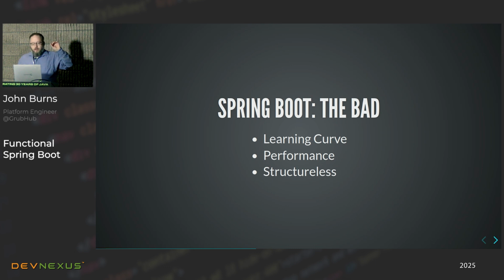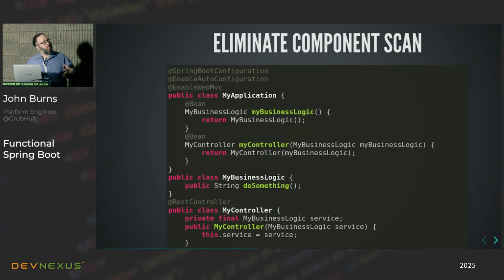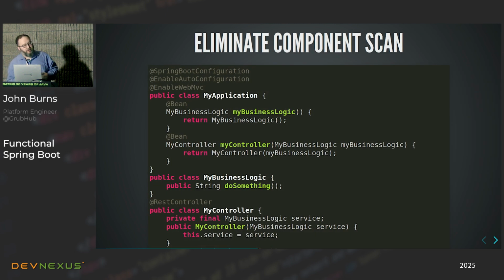So first, I want to talk about the learning curve. Now, what could we do to make the learning curve less steep in Spring Boot? Well, one thing is we can use less of the magic stuff, right? Some of this stuff is so magical, you don't even know it's happening. And if you don't know what's happening, how can you learn about how it works? So one thing you can do is decompose some of the magic. Be more explicit about your configuration.